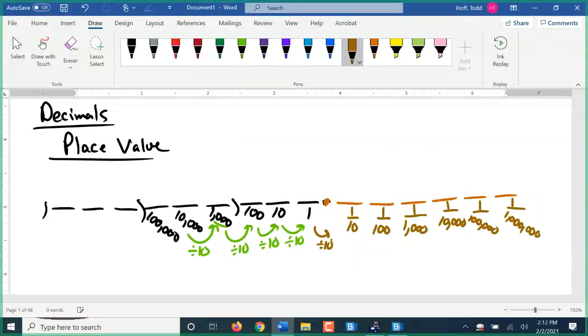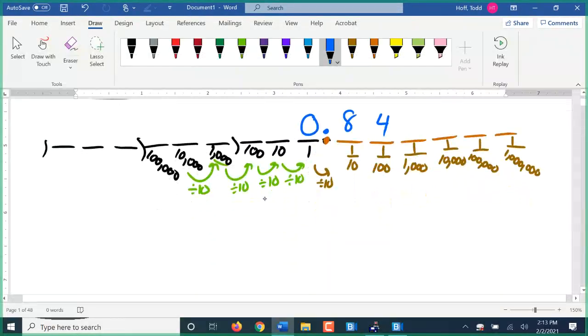Now you might be looking at those place values on the right side after the decimal point, and you might be thinking that those look suspiciously like fractions. And that's because that's exactly what they are. They're a shortcut way of writing certain fractions with specific denominators, in this case denominators that are powers of 10. If I have 0.84, that's just a short way of writing the fraction